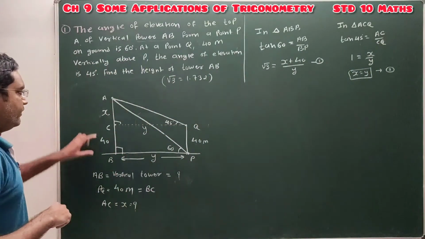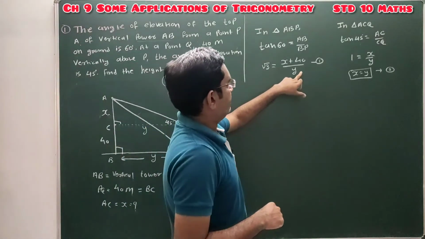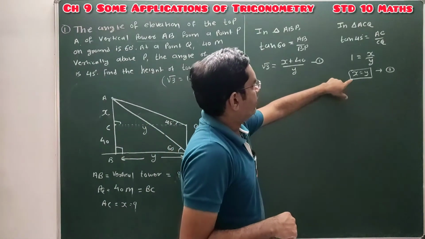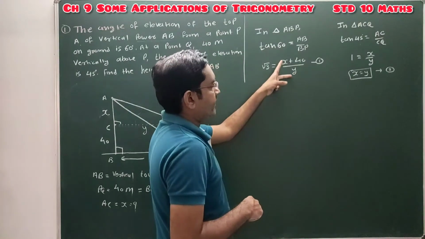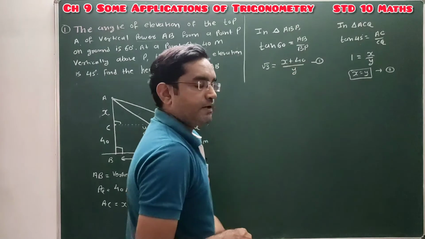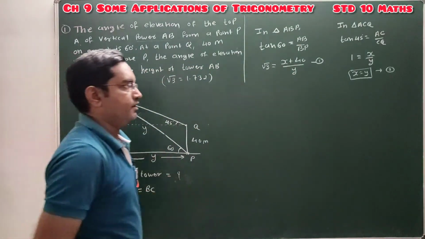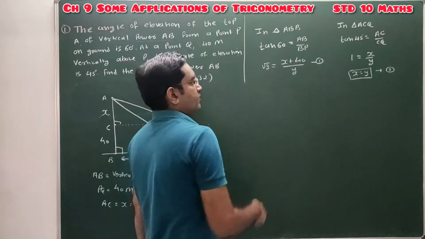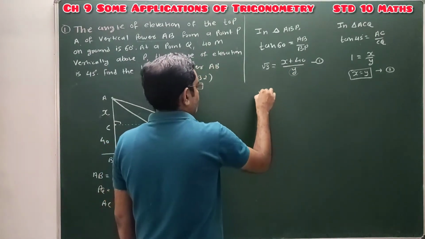So here we have to find the value of this x. So we will eliminate this variable y. So from this equation 1 and 2, put the value of this equation in this equation, okay? Here you will get confused whether to eliminate x or y. So what do we eliminate? The one we don't need. We don't have to find this distance, so we will eliminate y. You can eliminate whichever you want, but there is no need for it, so eliminate this. So put